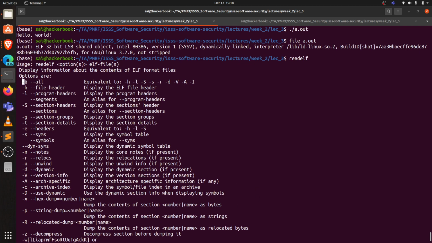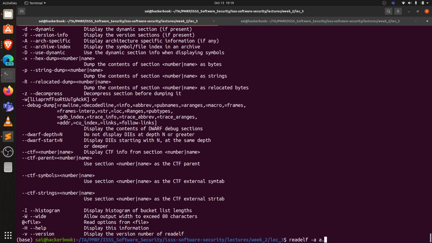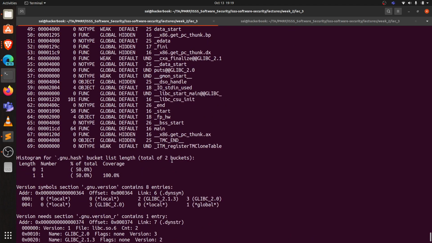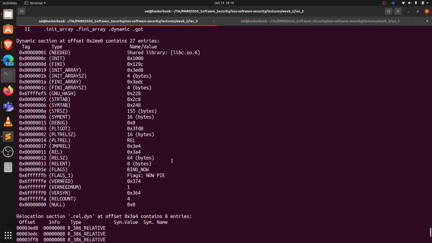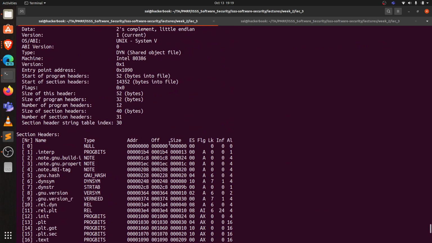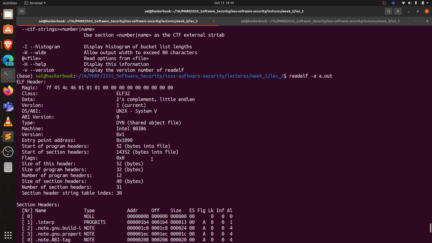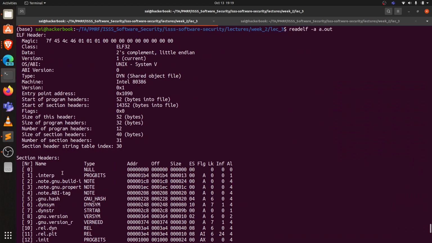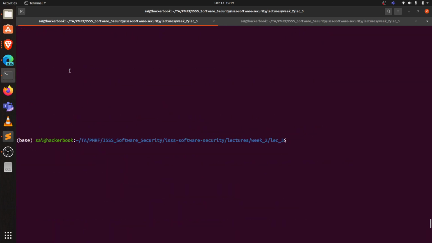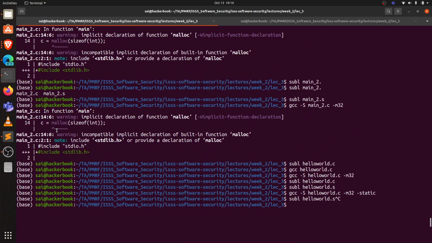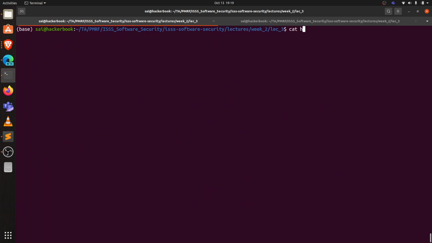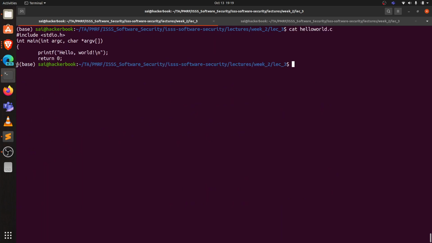For example, over here there is this -a option. readelf -a a.out. The -a option specifies what all data is present as part of the ELF file. If you notice the ELF format, it contains various metadata apart from your actual code and data. The entire hello world application is just like this; cat hello world.c is just 4 lines, but the ELF format has to